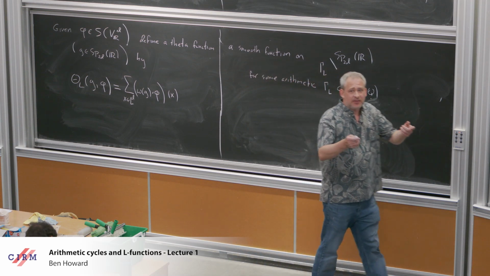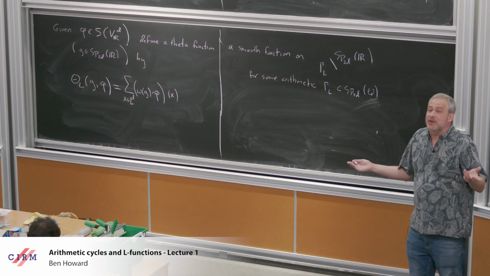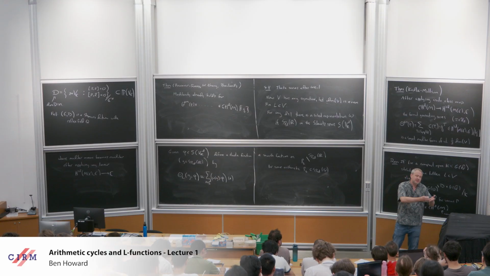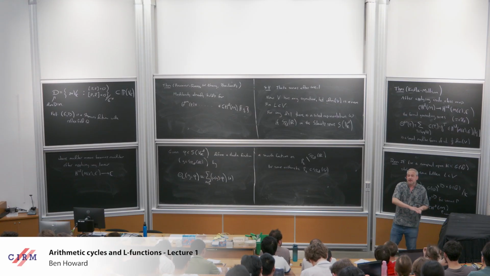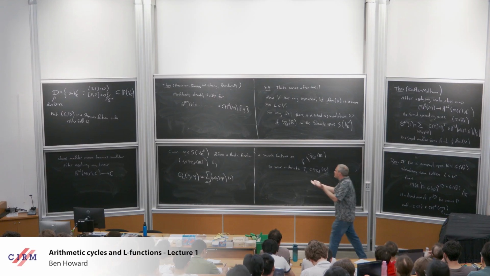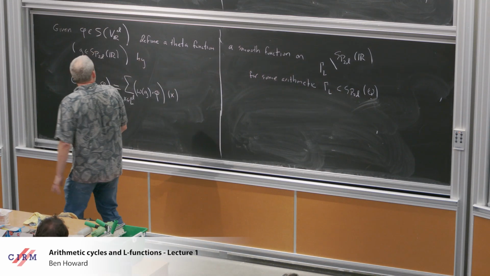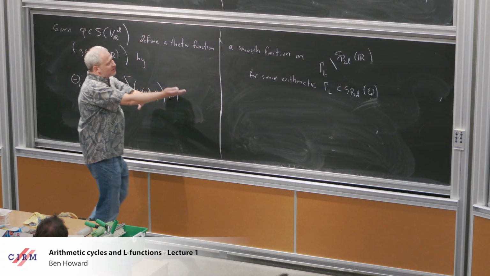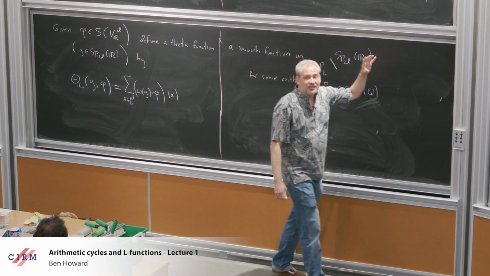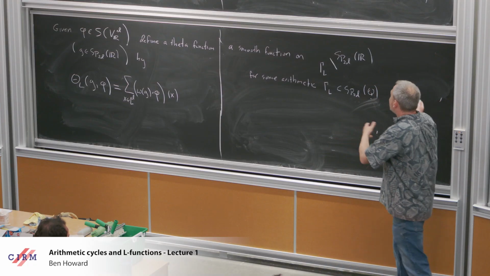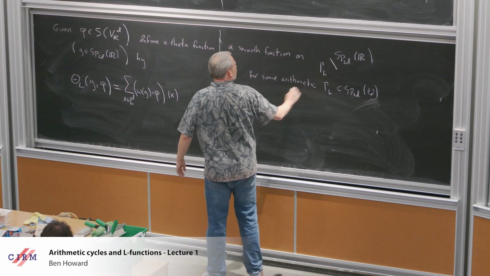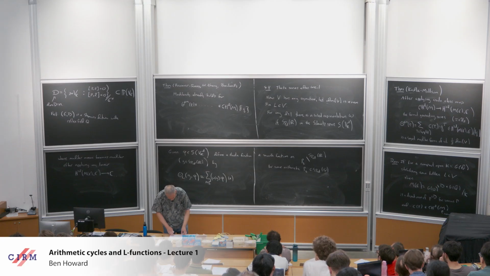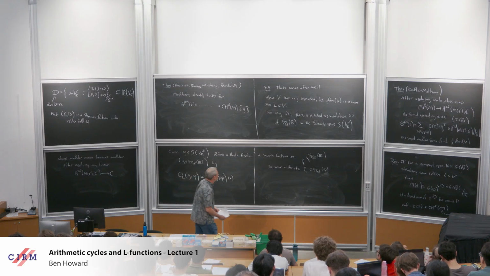Okay, so now if you look in Bump's book on automorphic forms, he explains very carefully how to go back and forth between classical modular forms on the upper half plane and automorphic functions on adelic points of GL2. And the first step is to take your function on the upper half plane and convert it into a function on GL2(R). And you can kind of do the same thing here. You can go back and forth between functions here and functions on the Siegel half space. And how do you do that? Well,